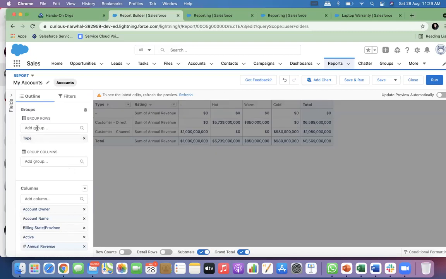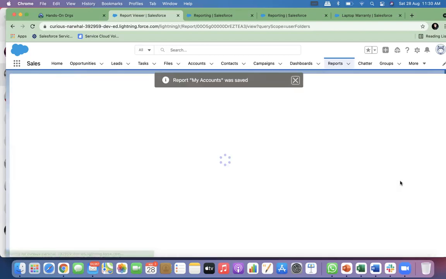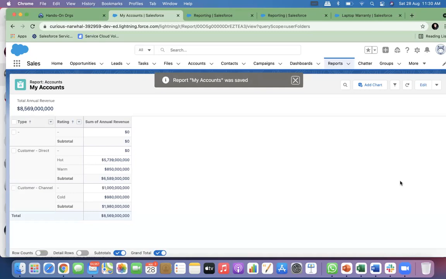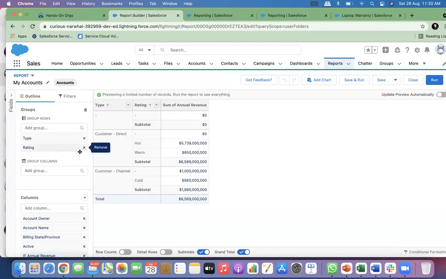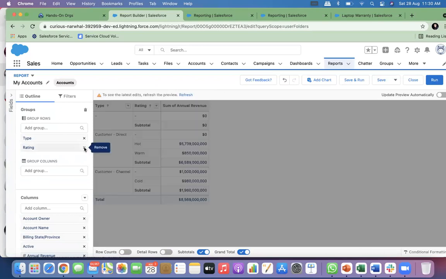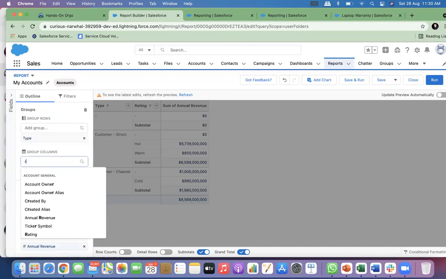If you group here, as a second grouping like this, it would have been showing like this. Under type, there would be ratings. This is a row-wise grouping only, but two columns are grouped row-wise. But if I don't want this, I want to group it via columns, so it is easier for me to see or understand.